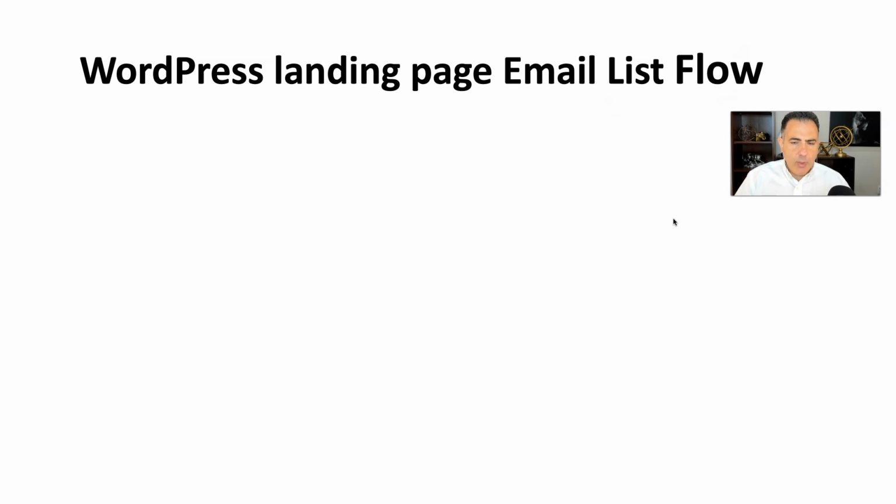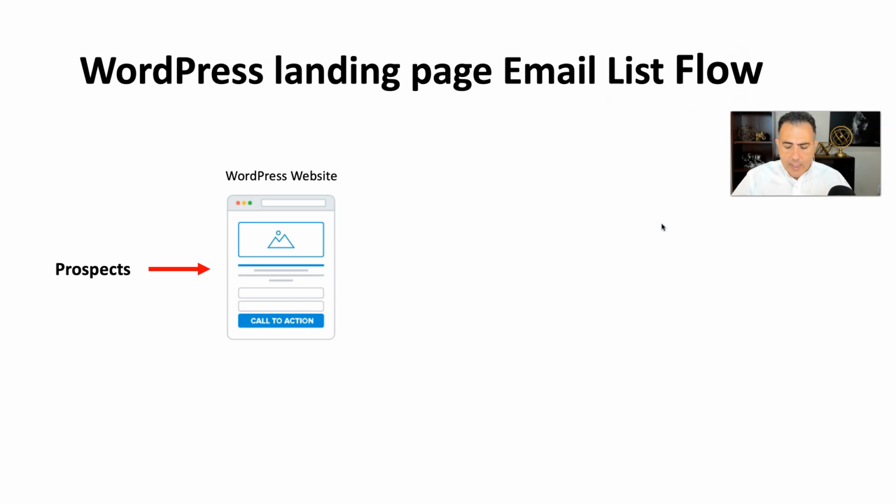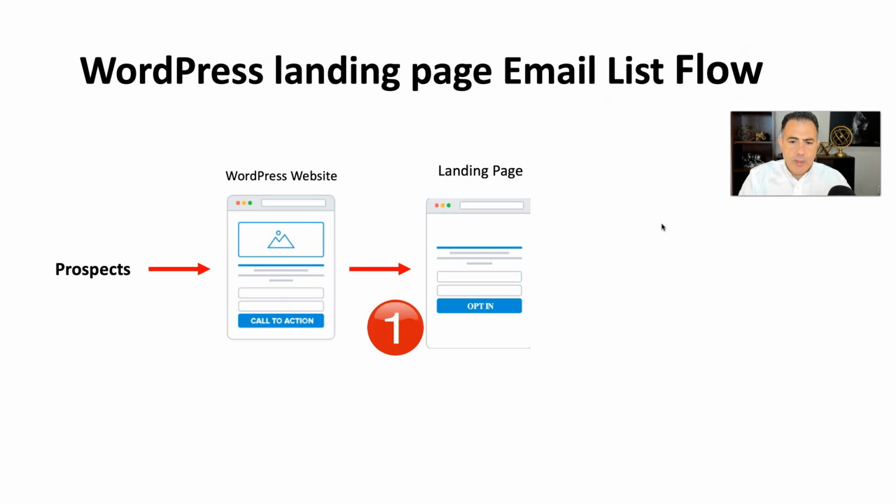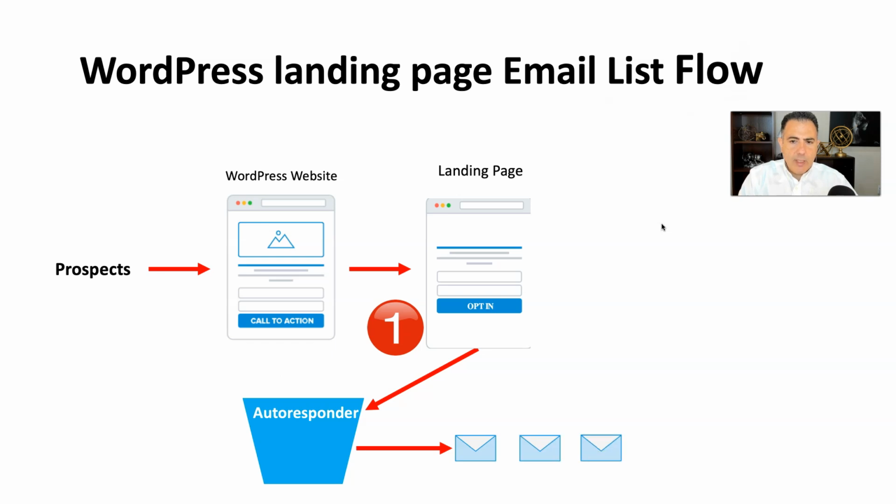We put in a plugin for ConvertKit. When a prospect comes into your website, the first thing that is going to happen is, let's say you send him to the landing page. He goes to the landing page and he opts in. It says right there, opt in. What happened? It goes to your autoresponder, which I showed you. It goes to your autoresponder, and we tested it, and we saw Sam there and the email address. And then what happened after that? You can send Sam emails. You can create emails and send them to Sam.